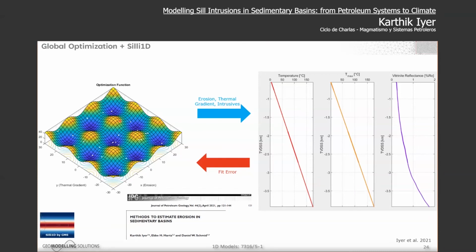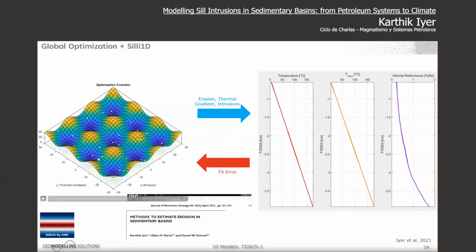So what this model does is it keeps feeding the sill model with combinations of these input variables. The sill model runs through it, figures out what the Retronite response is, calculates that, and sees what the fit is to data. And once it figures out what the error is, it transmits the error back to the optimization function. And using gradients, the optimization function tries to figure out how to quickly converge on the best fitting result.